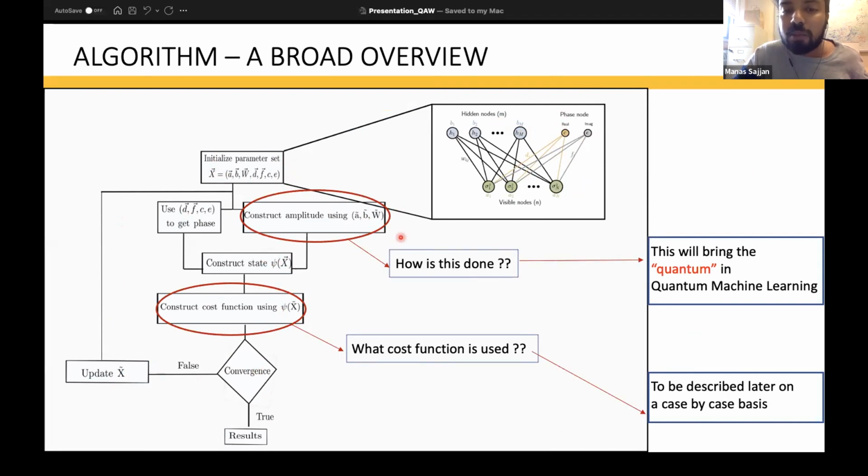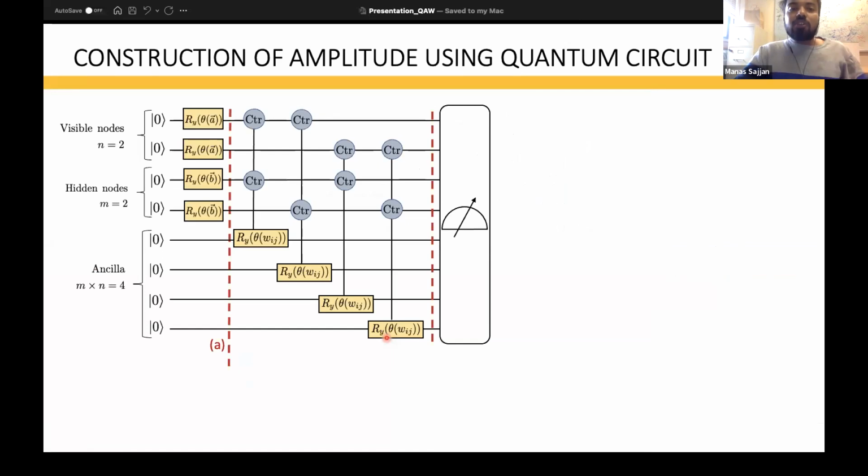So where does quantum come in all of this? The quantum comes in the state preparation procedure, especially in the construction of the distribution that is going to encode the amplitude field. And the cost function that we're going to use is going to be specific to whether we're doing asymmetric filtering or we are just interested in one of the eigenstates. And that I'm going to talk about on a case-by-case basis. So as far as the quantum circuit is